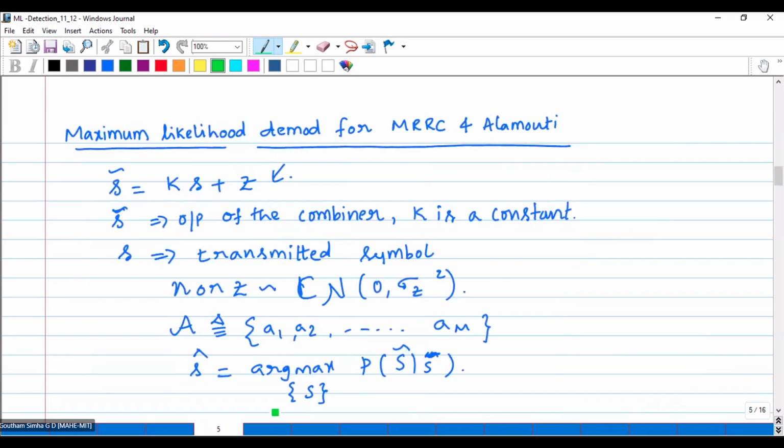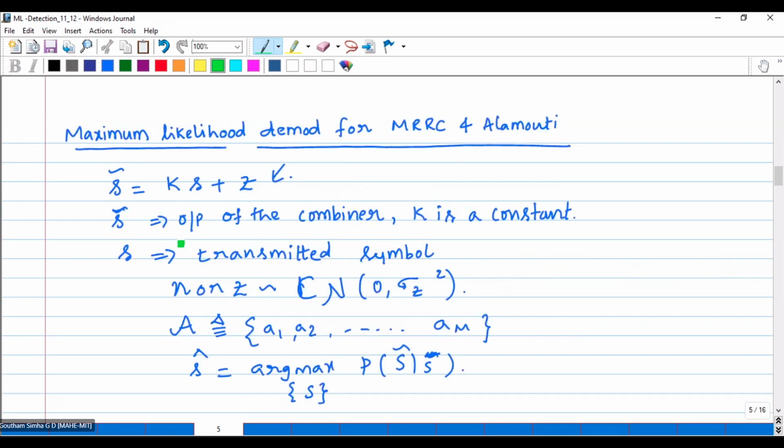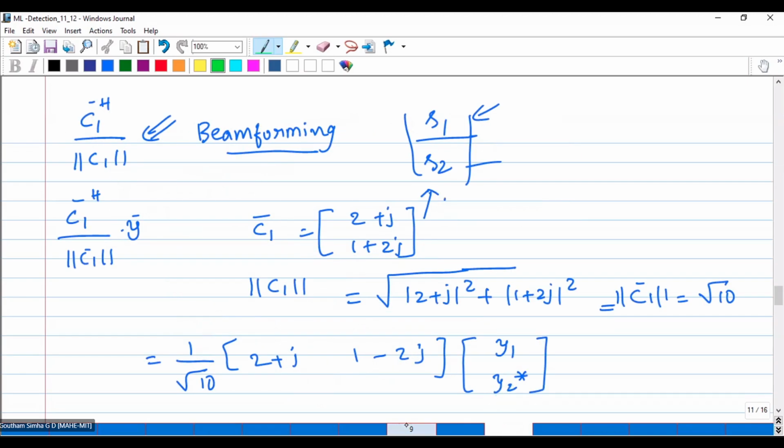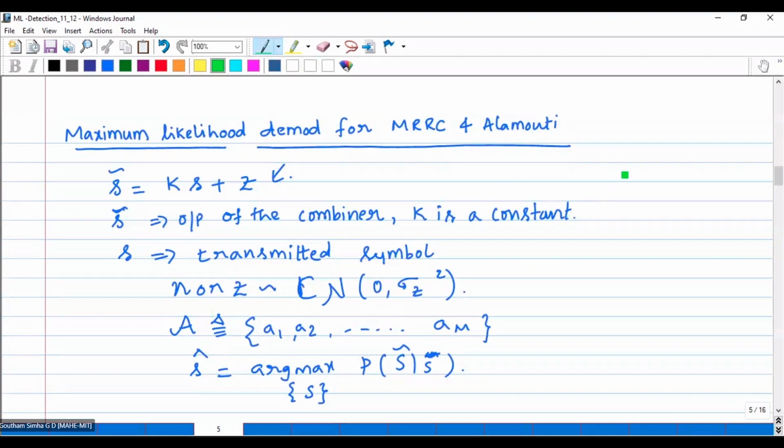So MRRC and maximum likelihood demodulation, this I will not ask, okay? Don't worry about this. I will not ask you to solve something like that. If I don't give this idea, there is no point in solving this problem, okay? So that's why I have given you this idea. I will not ask this in the exam, okay? I will ask till maximum likelihood, even in the final exam, okay? Till maximum likelihood, no ML detection, not required, not important, okay?